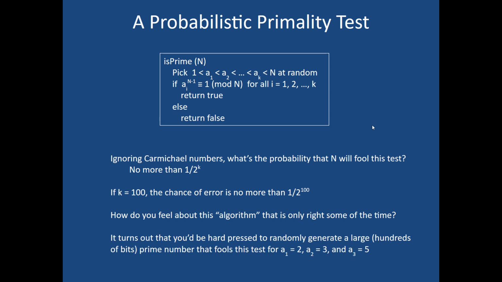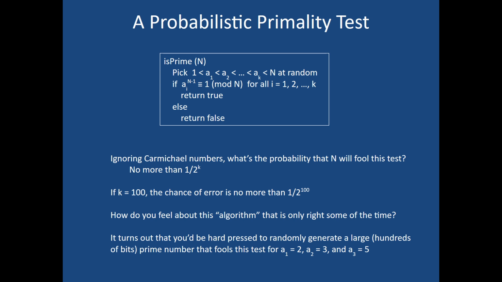Now, it turns out that saying that you've got a 1/2 chance of fooling the test is vastly overstating things. Most numbers don't fail the test that often. And in fact, if you just chose your a's to be 2, 3, and 5, the first 3 prime numbers, and let k be 3,